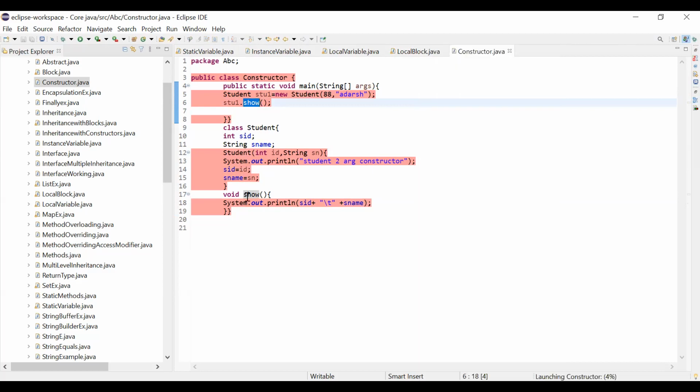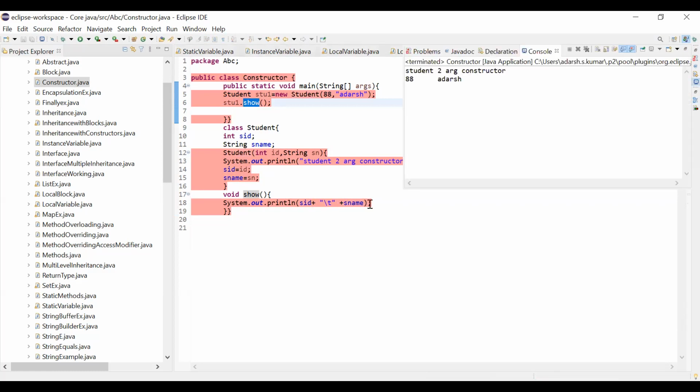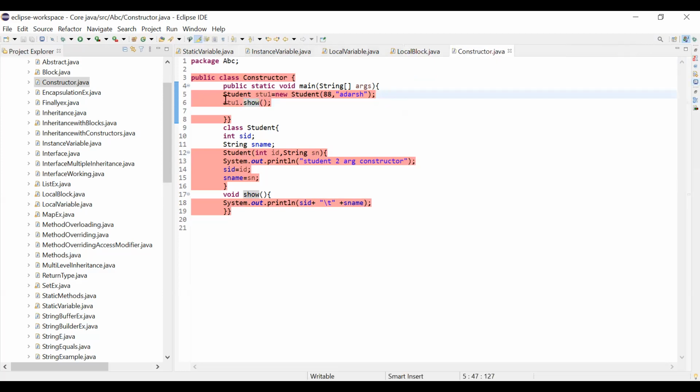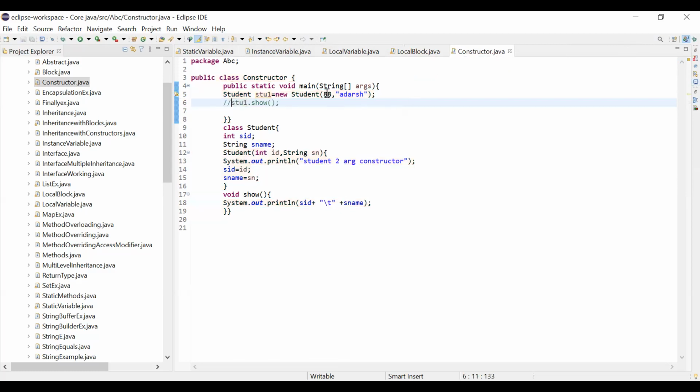In the so method, what is there? sid and sname, right? First it goes to that Student class and checks whether constructors are there or not. It is there, a two argument constructor, which has one statement. What is the statement here? It is calling the constructor. Student stu new Student(88, "others"). So basically, if I remove this and call only this,